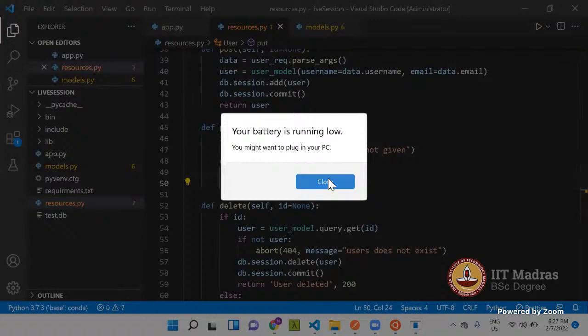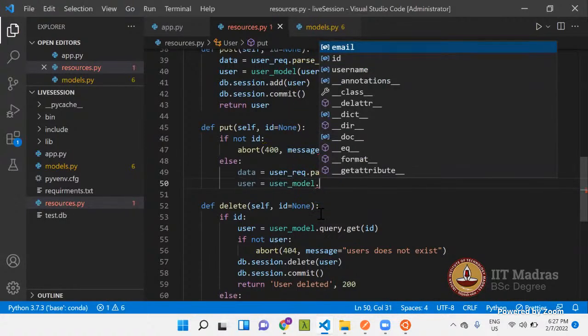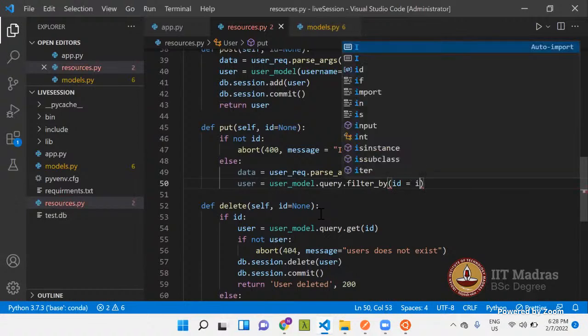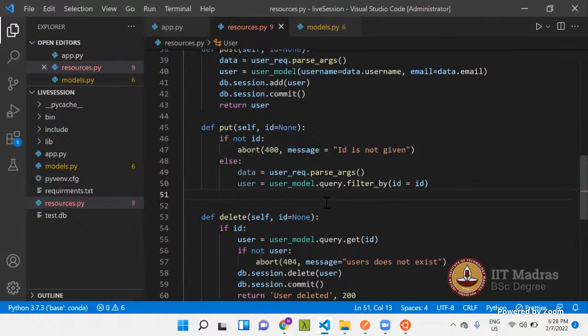Okay, battery is low. So user model dot query dot filter by, and then ID is equal to whatever the ID is given. You take that user and then